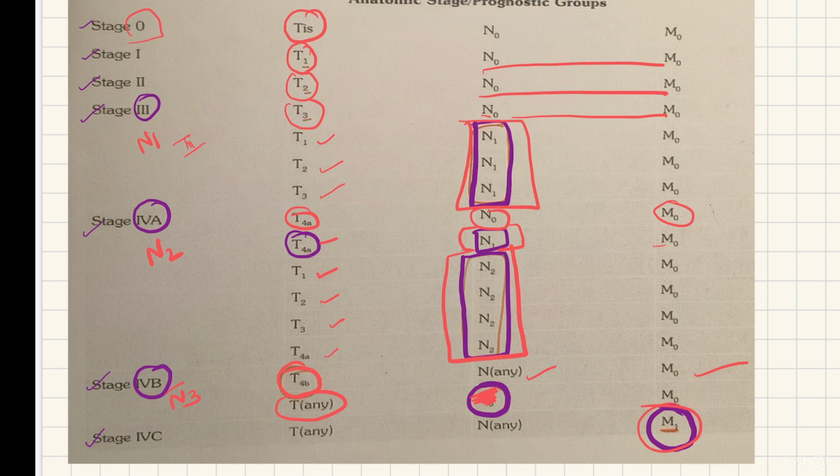So the thing you have to remember the most is, if N1 is coming, nodal status N1, no matter what the T stage is, it is stage 3. If N2 is coming, no matter what the T stage is, it is